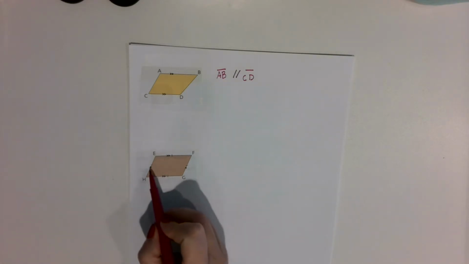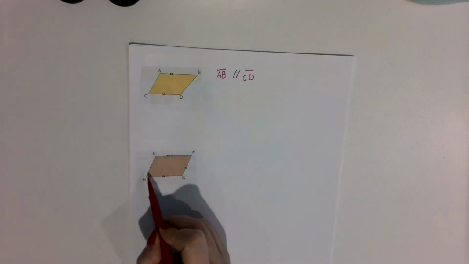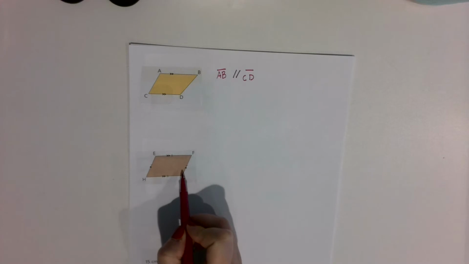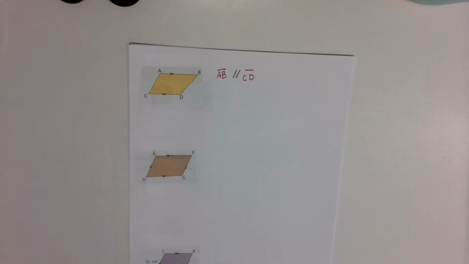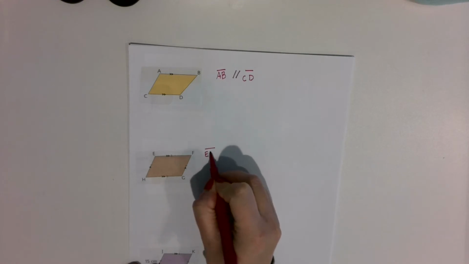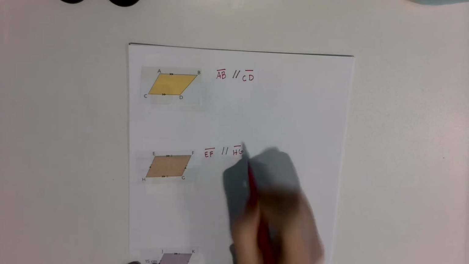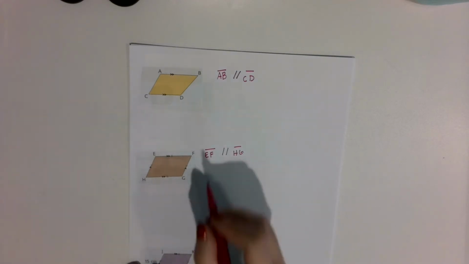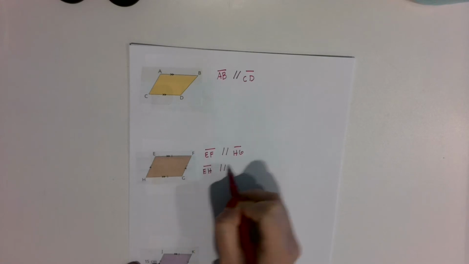So you'll notice that on the left and right, there's one arrow. So that's telling you that this side is parallel to this side. And then you'll notice on the top and bottom, there's two arrows, which is telling you that this side is parallel to this side. So if I wanted to write out which sides were parallel, I could write EF is parallel to HG. And then I could also write that EH is parallel to